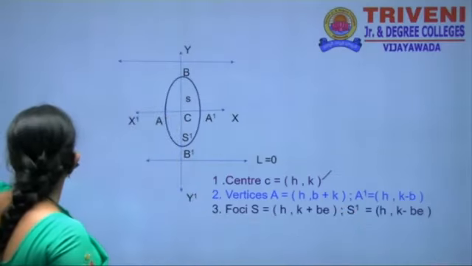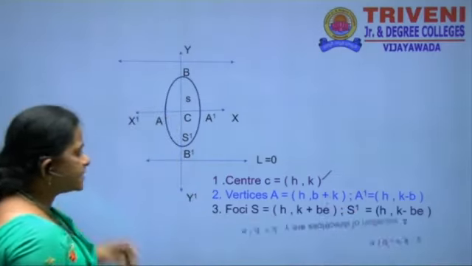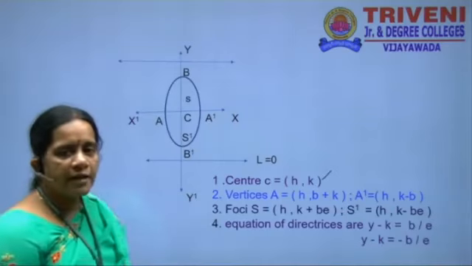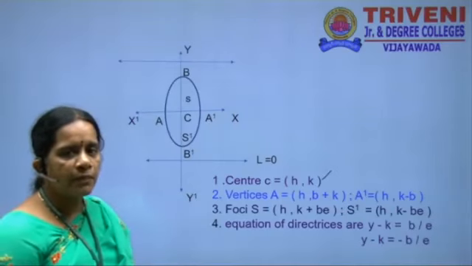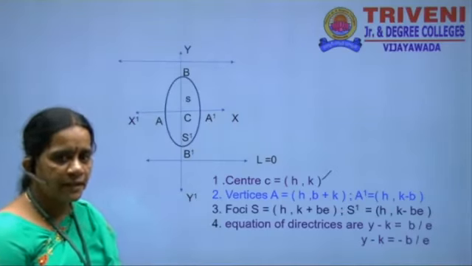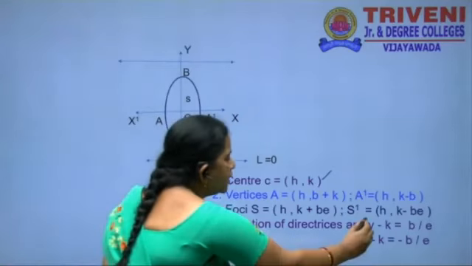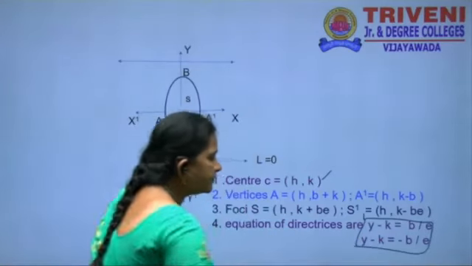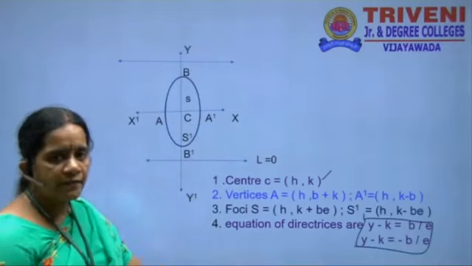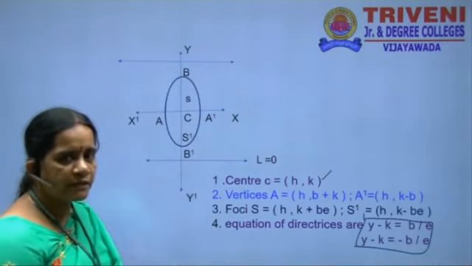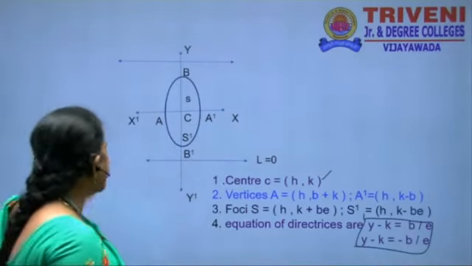And the equation of the directrices is y minus k is equal to plus or minus b by e. Y minus k is equal to plus or minus b by e. This is the directrices formula. To find the equation of the directrices, use this one. And then next one is